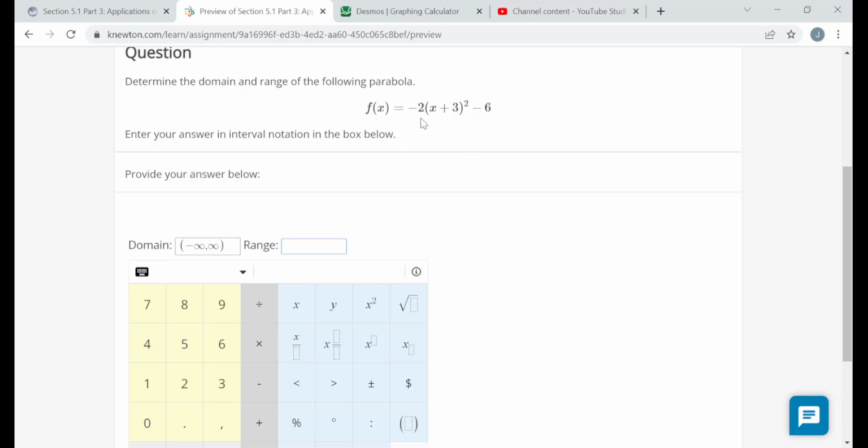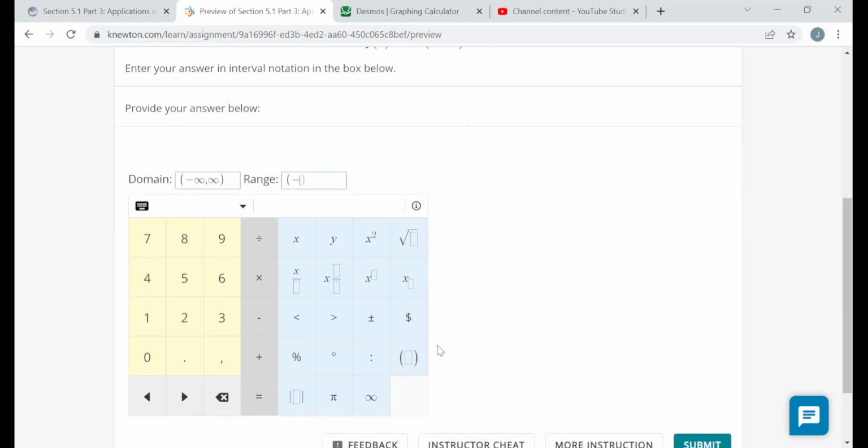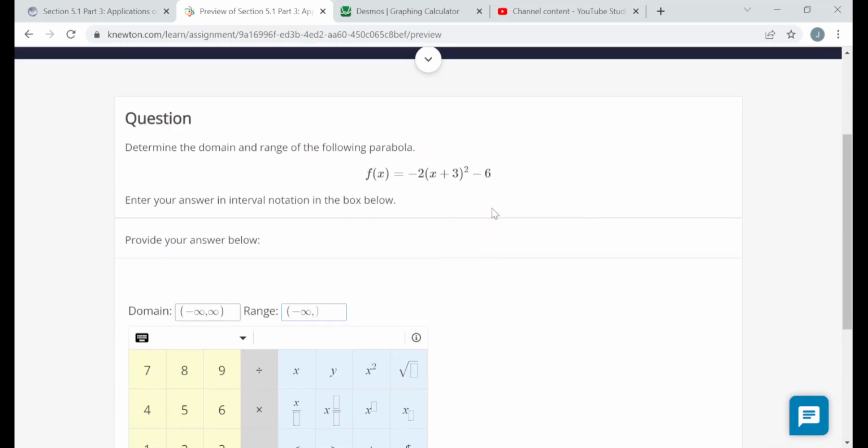lead coefficient's negative, -2, so this is opening down. So the range will be from negative infinity up to some value, up to the y value of the vertex. And remember what the vertex would be here. This is (x minus h) squared plus k. The vertex is (h, k). K is the y value of the vertex, -6. So it's from negative infinity up to the y value of the vertex, -6. And don't forget to put a bracket on -6,